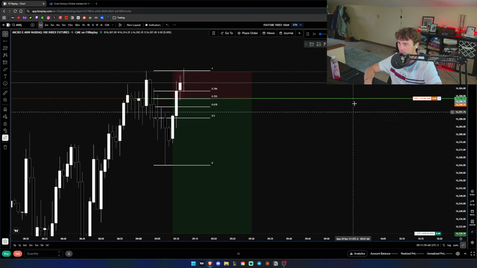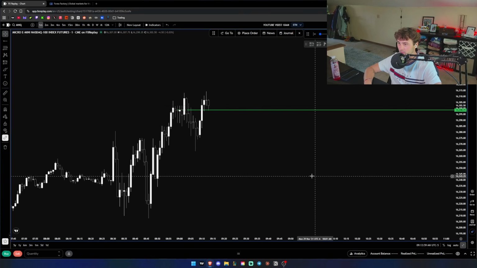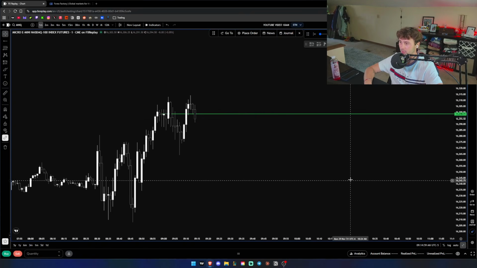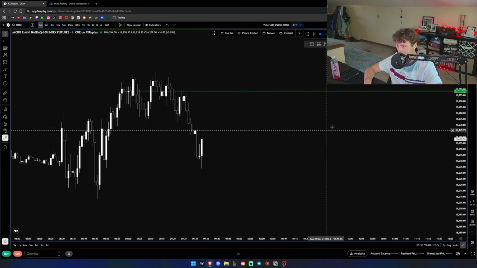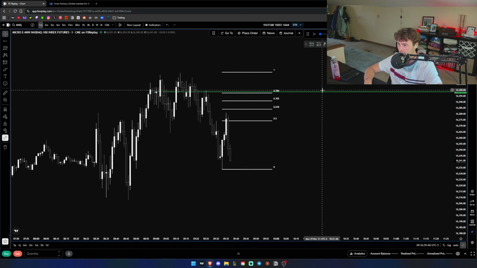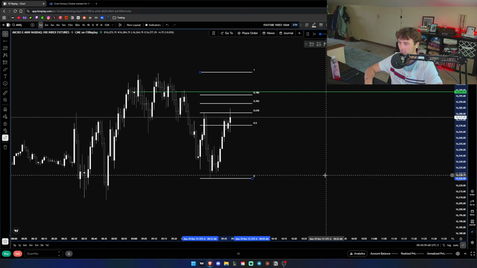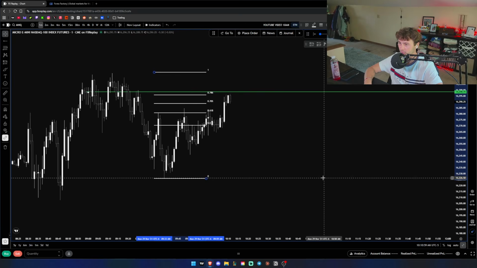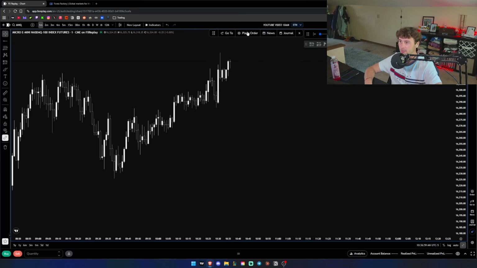We're tagged in and stopped out. Boom. Is there any other entry here? This isn't a bad long either, but I wouldn't take it. Price is just chopping. Would we take it now? Definitely could take it. Let's see. Probably not now. So, one and done for the day. Let's see if it wants to tap it again and play out. No. Okay, that's it. Go to the next day.